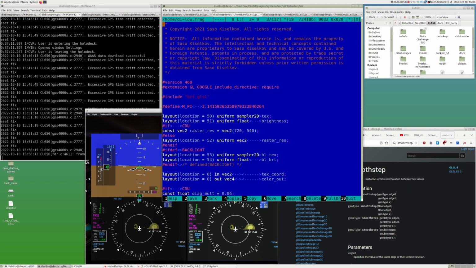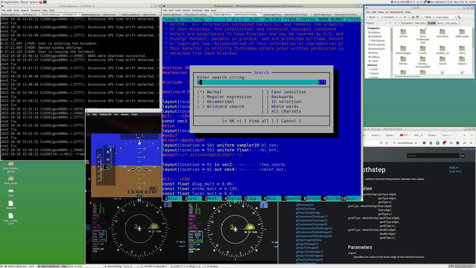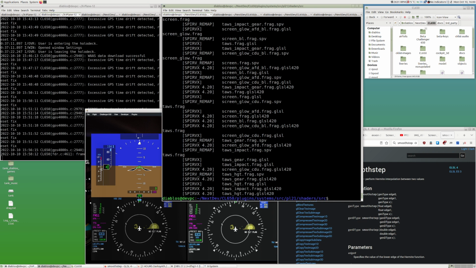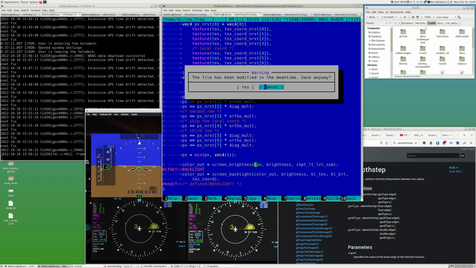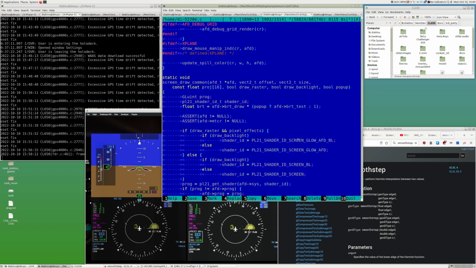Am I using index 52 for something already? Yes, I do. Okay, so in that case, 53, 45. Screen brightness, cockpit light level sum. Okay, compiles. Yep, compiles, good stuff. And so in here,